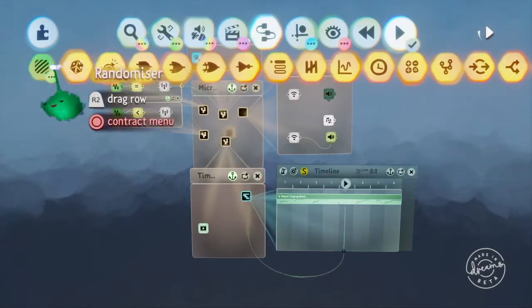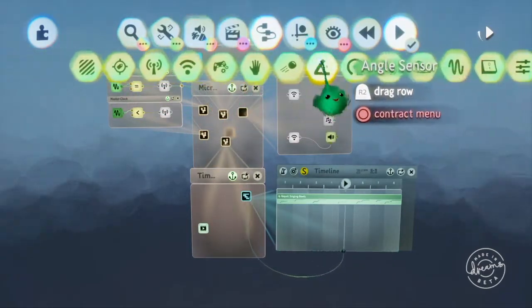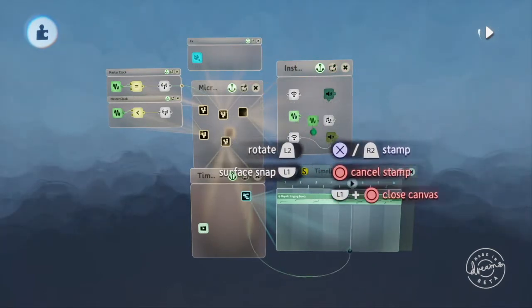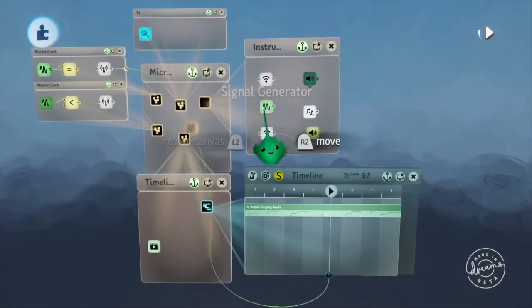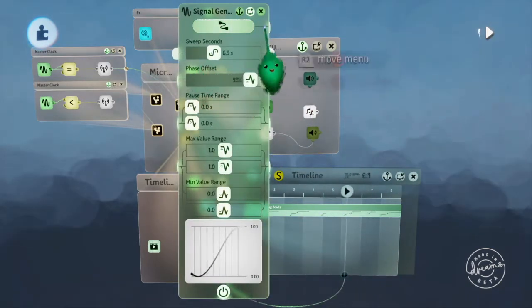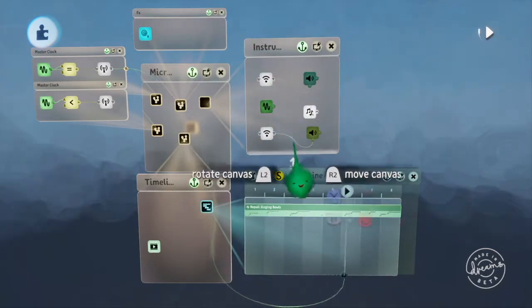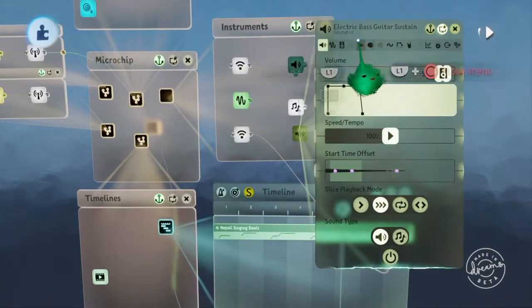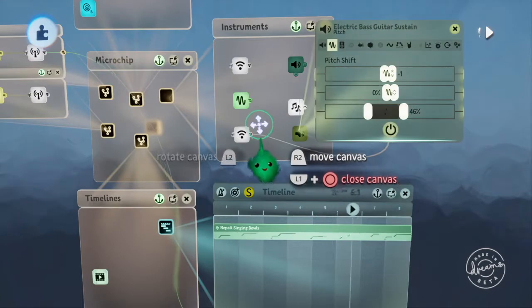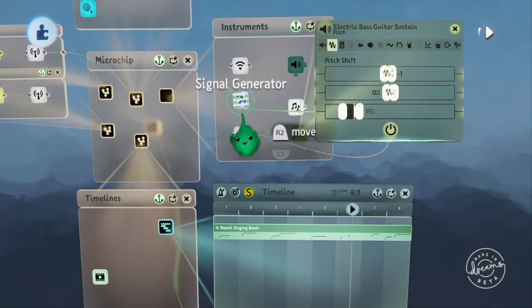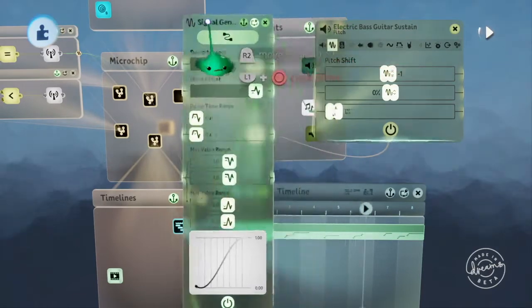Okay, time for more signal generators to break up the loop character of things. So I'm just gonna throw it in here, and then I tweak the min and max